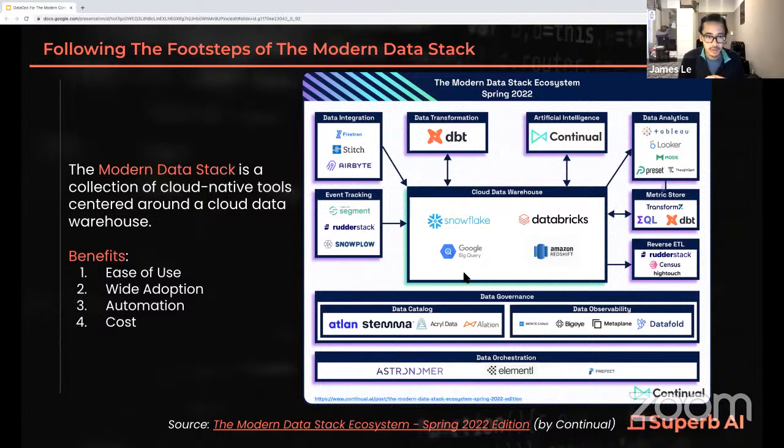The benefits of using the modern data stack are fourfold. Number one is ease of use. These different technologies allow your teams to not worry about installing and maintaining technology. Everything is built around a data warehouse, and this minimizes integration pain points and siloed data platforms that require lots of effort spent shipping data around. Second benefit is wide adoption. The modern data stack is constructed with the intention of upskilling data workers and removing the barriers between workflows. Third benefit is automation. This stack allows you to automate a lot of different workflows